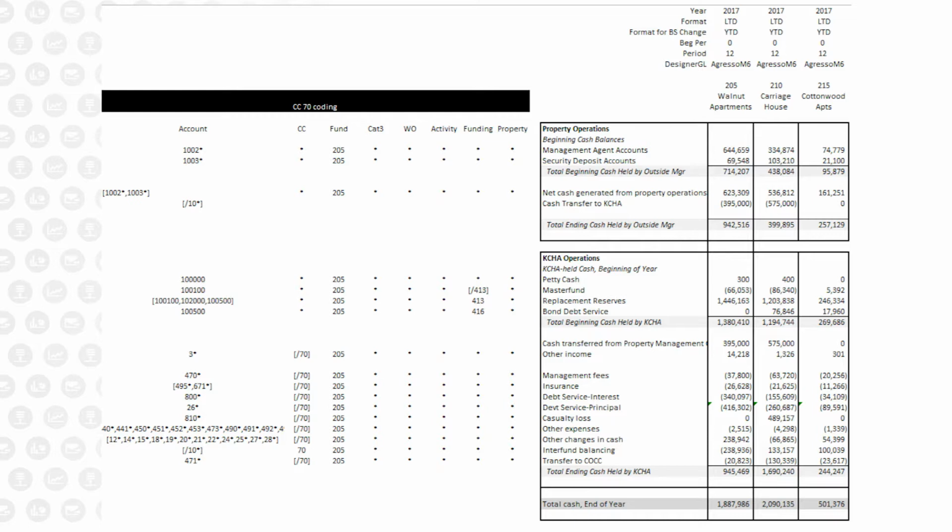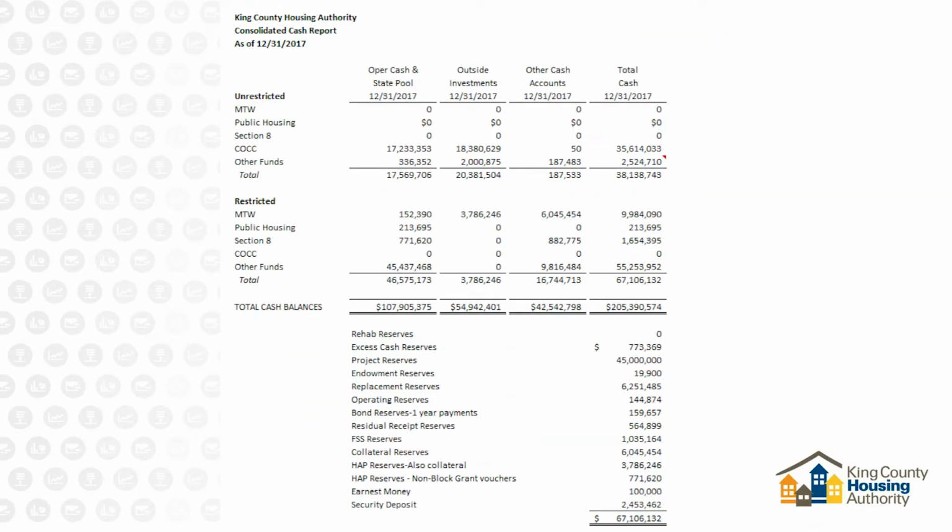If we go to the next slide, this is more of a hybrid regulatory, internal reporting to the board report. We have cash, of course, that we manage. This is just a snapshot of a larger report. But it's important to us that we manage cash in 4 different buckets. Being a housing authority, we are highly regulated by the Department of Housing and Urban Development, HUD. And different cash we have carries different flavors of how we can utilize it.